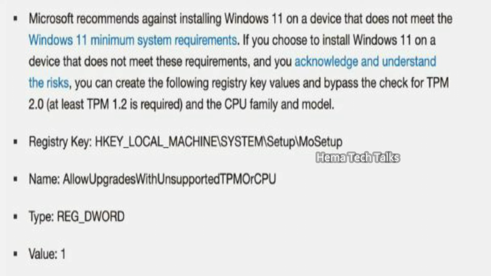This is the registry key: HKEY_LOCAL_MACHINE, SYSTEM, Setup, MoSetup. You have to check for the name AllowUpgradesWithUnsupportedTPMOrCPU, and the DWORD value is 1. And also you have to note that serious problems might occur if you modify the registry incorrectly